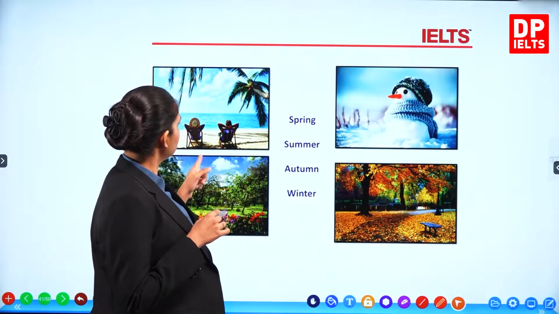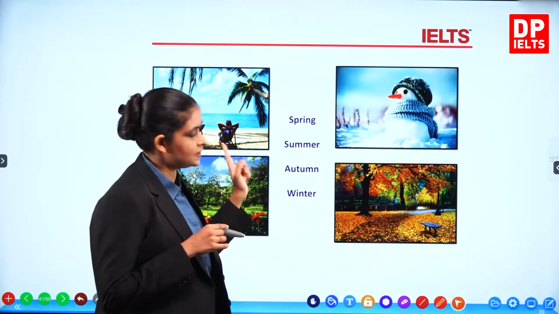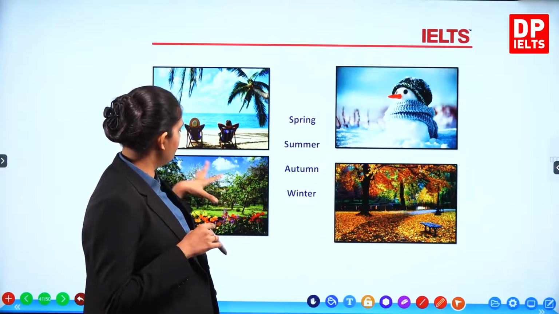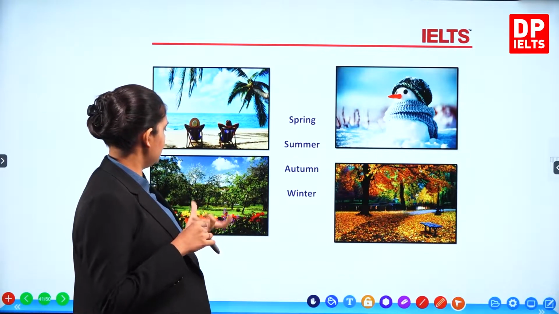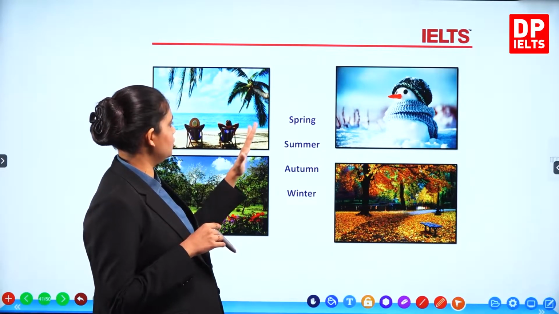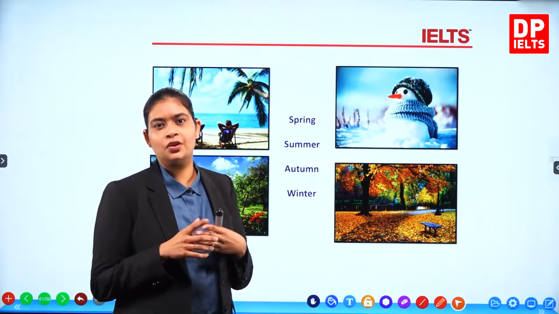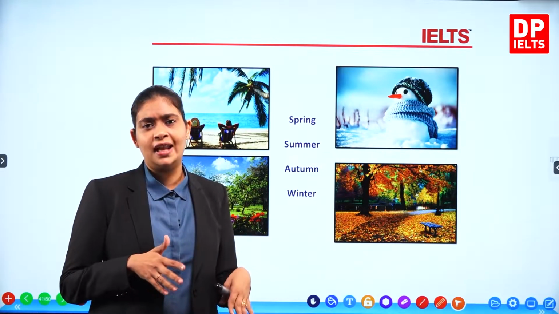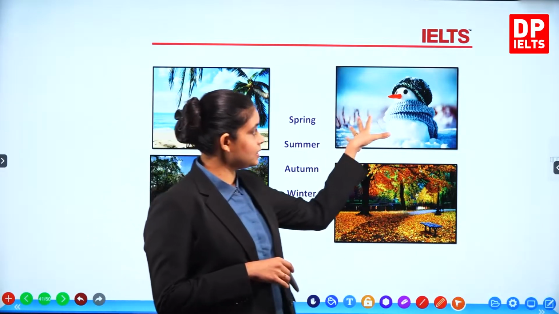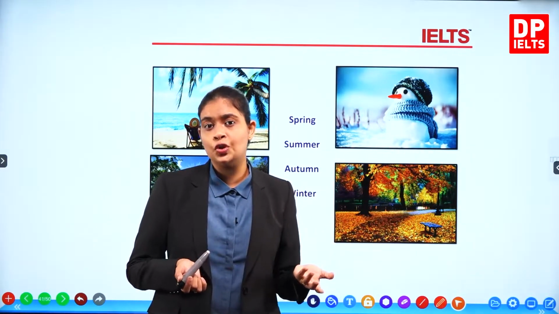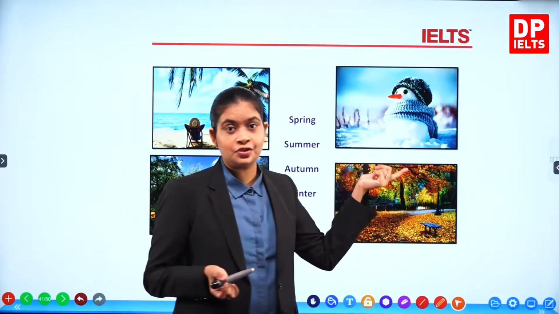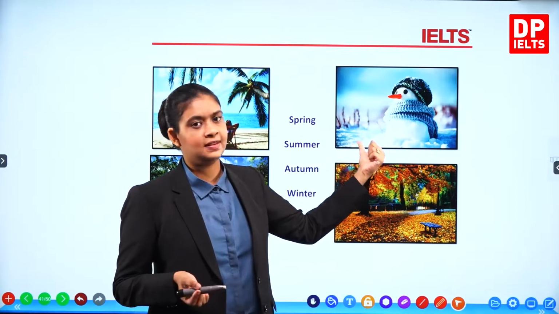So if you take the 4 pictures, right, you can see that this is the flowers blooming, and it's just coming up. So this is spring. Summer is the hottest season, so people actually go out, they go sunbathing, they relax, and they go out on picnics. So this is summer, right? Winter is when we actually have snowfall, right? And you can make a snowman out of the snow. So this is the coldest season from all 4.